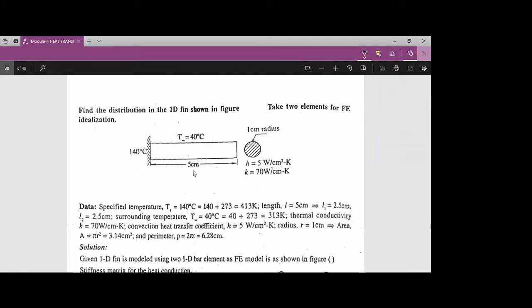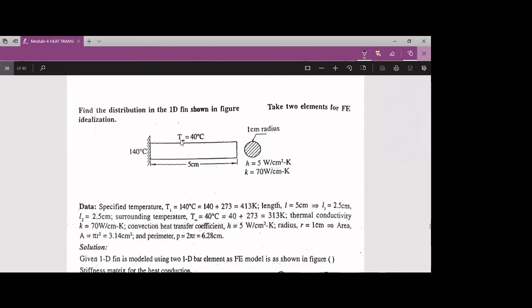As we are analyzing the temperature distribution throughout the length of the material, we need to idealize this overall fin into two elements. According to that requirement, we need to discretize and model the FEA model. If they had not given these two elements, then you could consider only one element for the length of the fin. If they are asking to model it into two elements, then we need to model into two elements and analyze the fin accordingly.